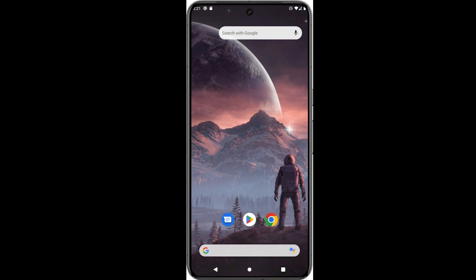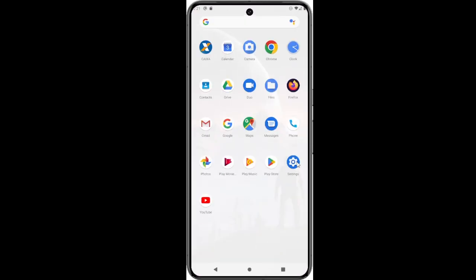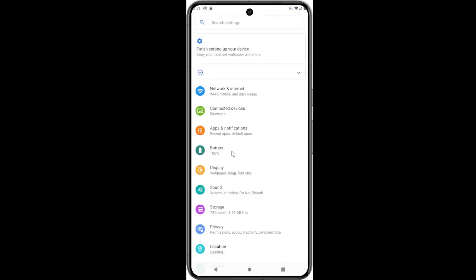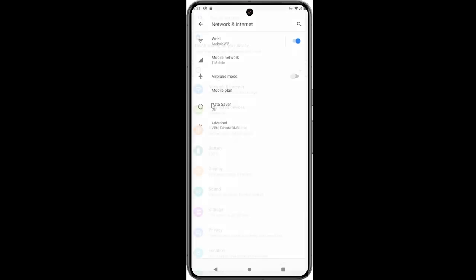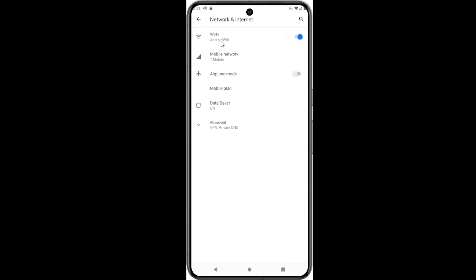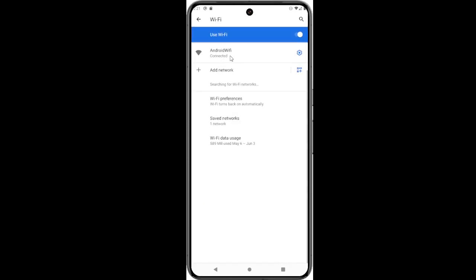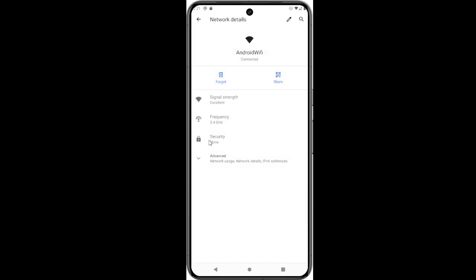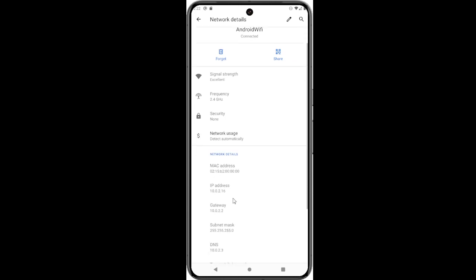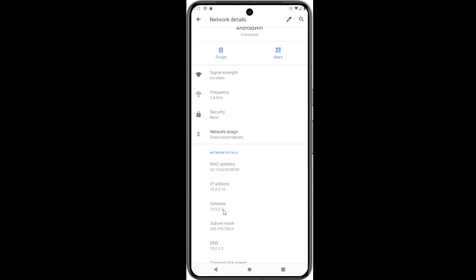First, go to settings, represented by your icon. Next, you go to network and internet, tap on Wi-Fi, and then on advanced look for the gateway option. Once you find it, simply enter the gateway IP address